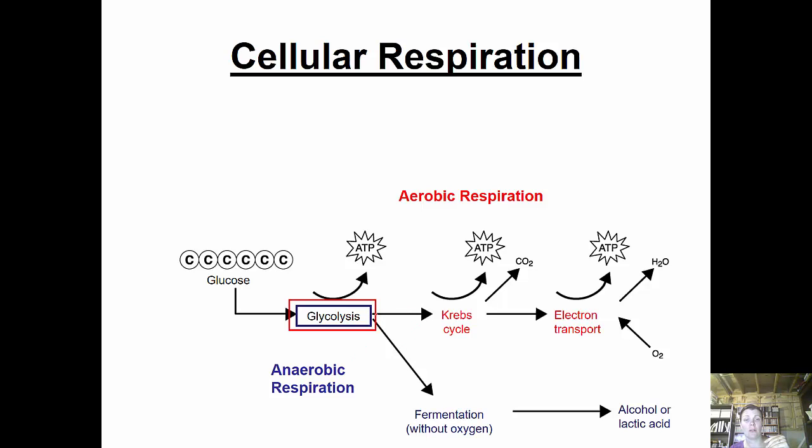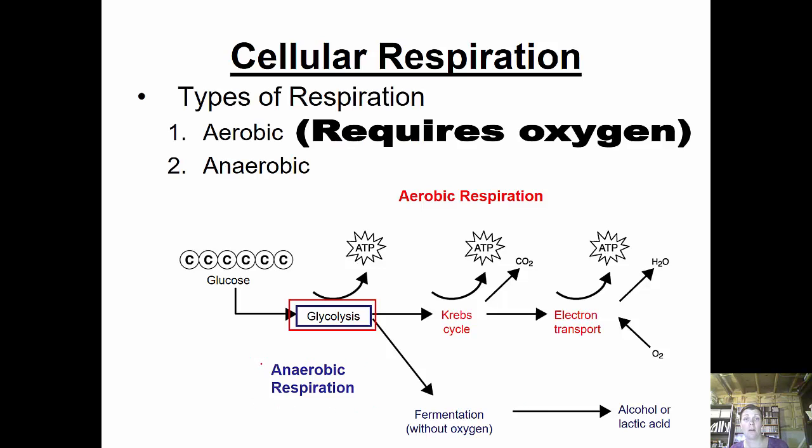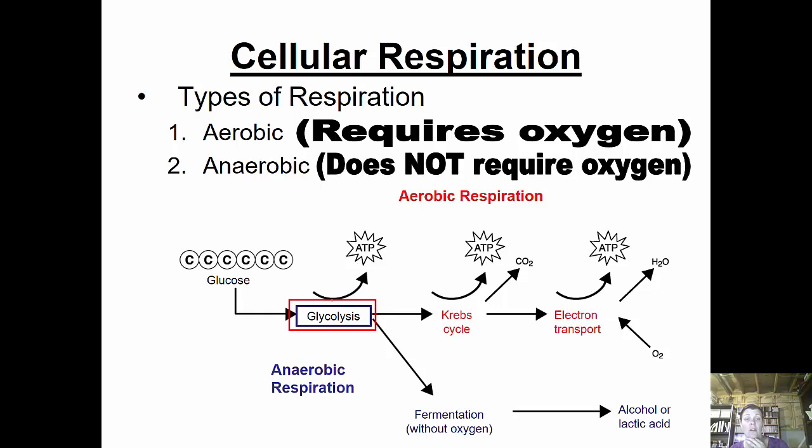Notice that I have 2 different colors. I have glycolysis in blue, and then these words are also blue. And that goes with anaerobic respiration, which is one type of respiration. I also have glycolysis boxed in red, which goes with aerobic respiration, meaning that oxygen needs to be